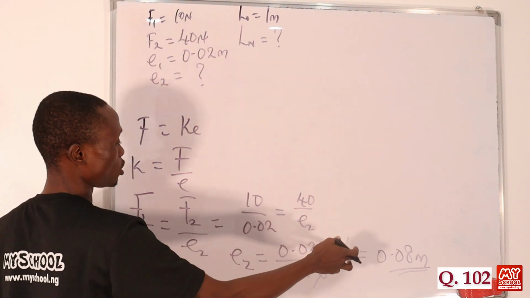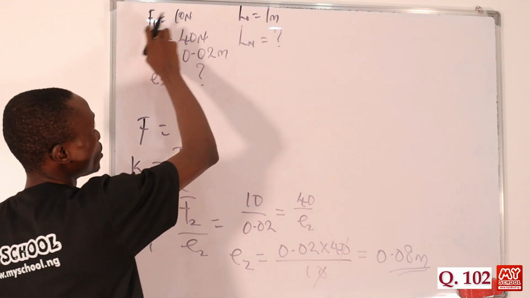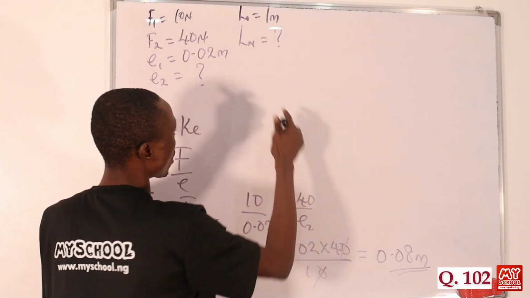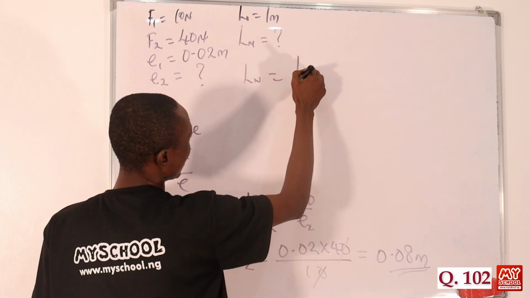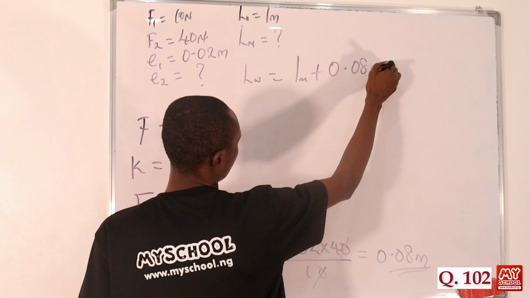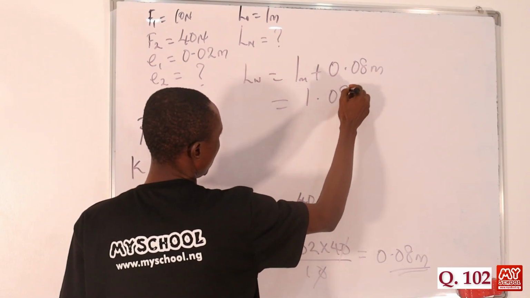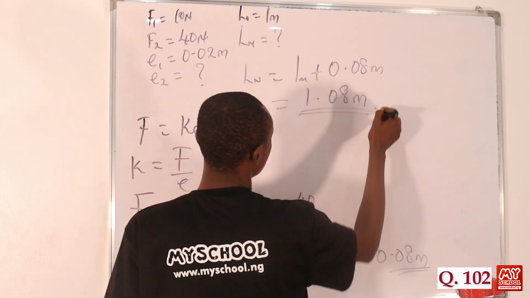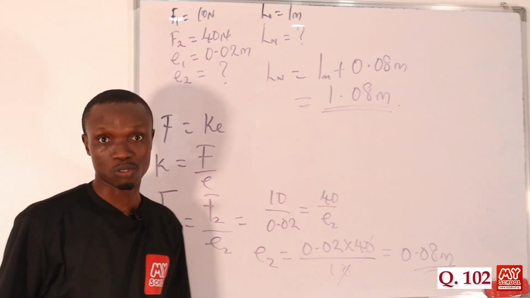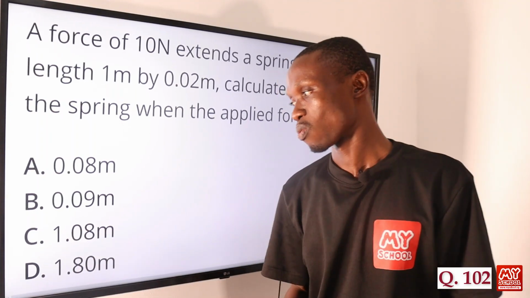So we are asked to calculate the new length. Now remember that the original length was 1 meter when a force of 10 Newton was applied to it. So the new length will now be equals to the original length plus the extension 0.08 meters. If we add these two together, we'll be having 1.08 meters. So the new length is equals to 1.08 meters. So let's return back to the screen to pick the correct answer to this question, and that is option C,